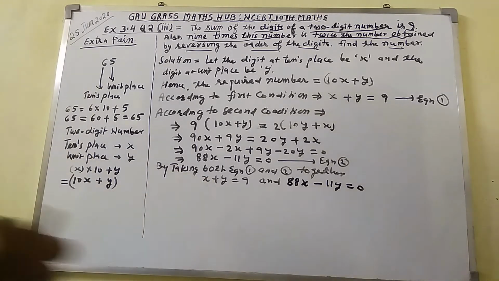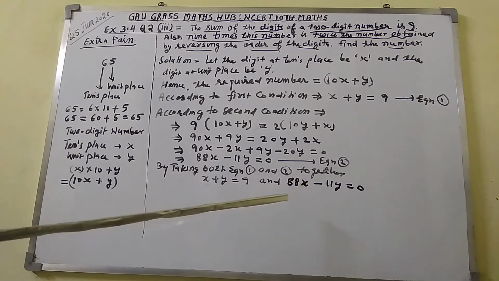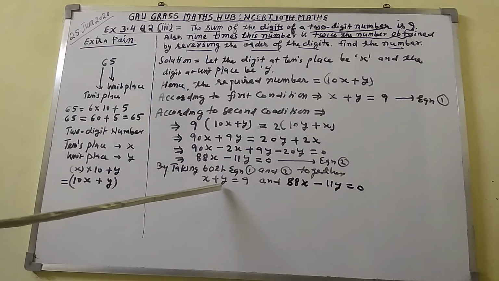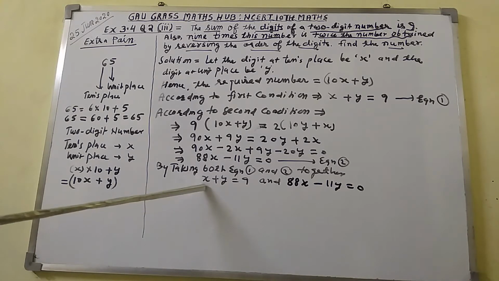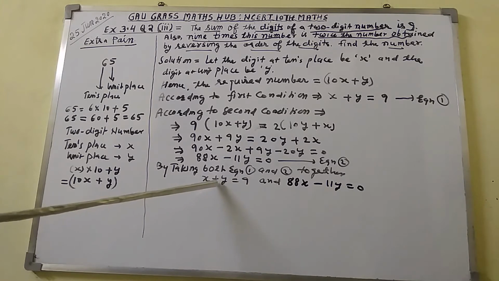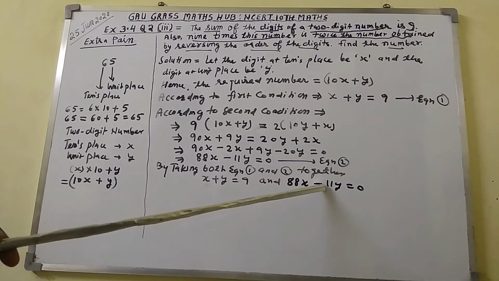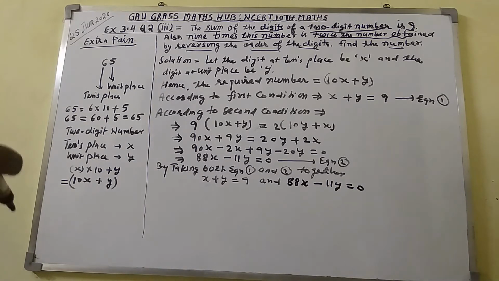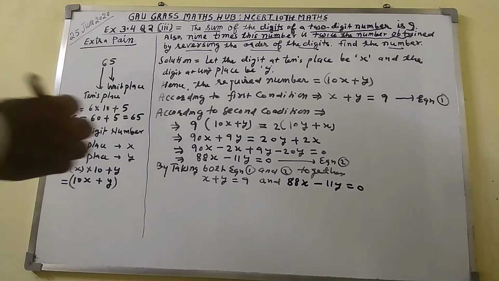Now what to do? Here you can see minus 11y is there in second equation. Here only 1y is there. So what will we do? You will apply here elimination method. So if you multiply equation number 1 by 11, you can easily get here plus 11y. Here it is already there in minus 11y. Both will be crossed out. You will easily get the value of x. But before that, do here one thing.